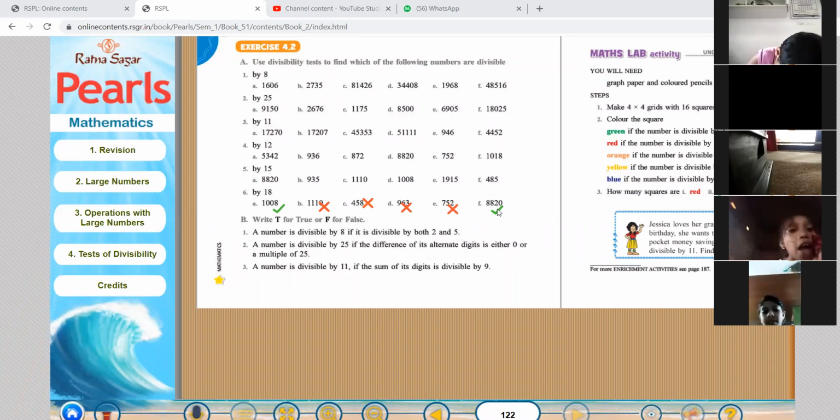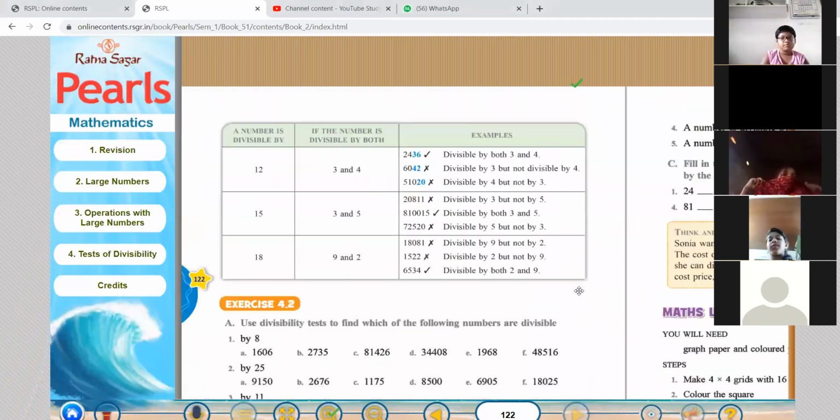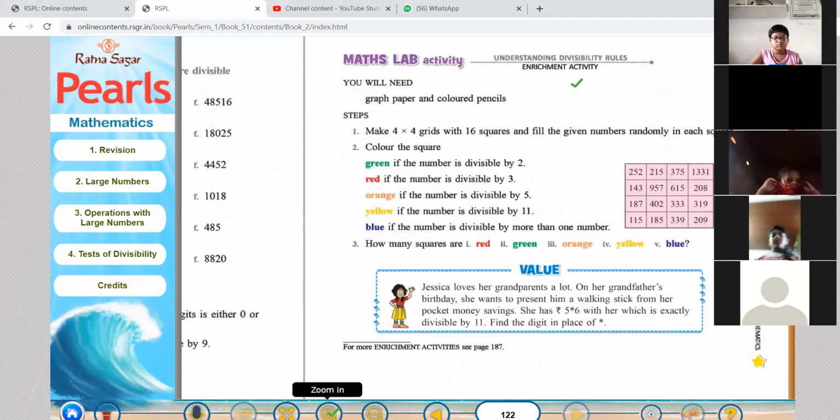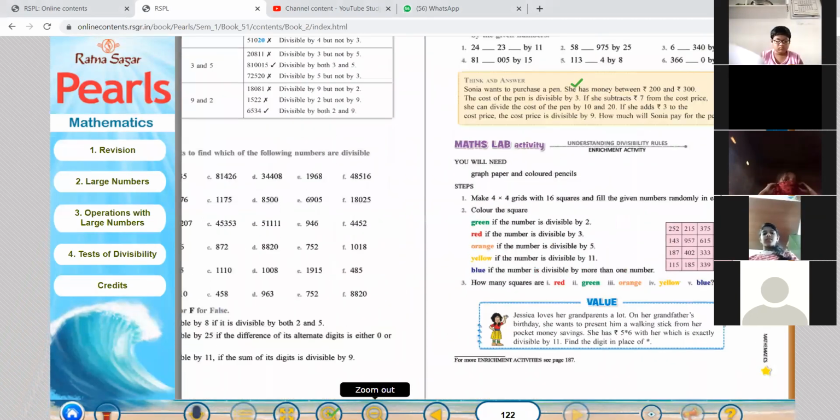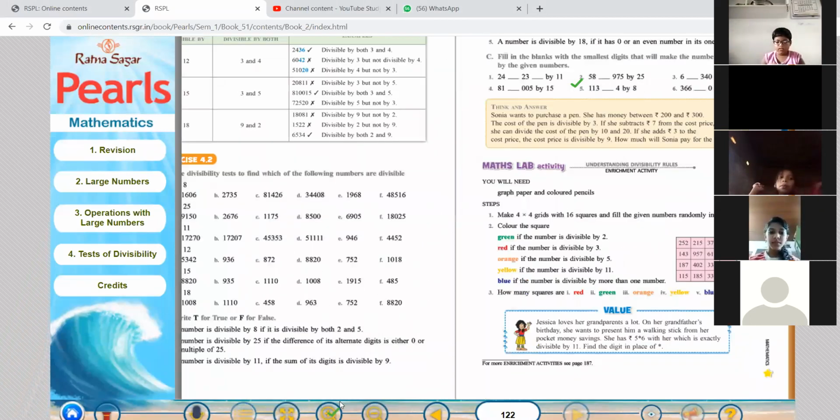Did you get the idea of divisibility by 15 and divisibility by 18? Okay. That's enough in our fourth chapter, test of divisibility. In this chapter, we have learned the divisibility of some numbers, and we have begun with the divisibility by